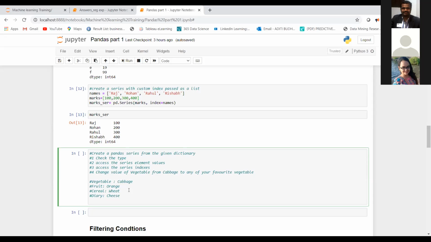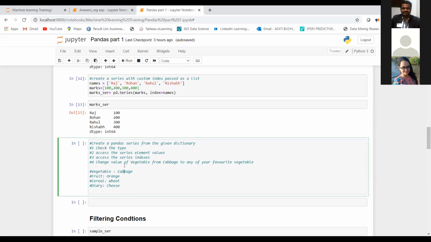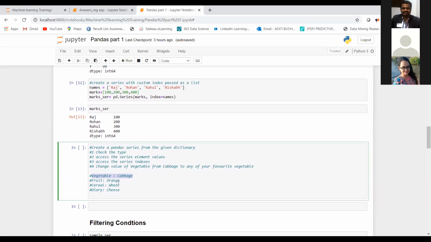Then you have to access the indices. And then you have to change the value of vegetable from cabbage to any of your favorite vegetables. So you have to basically change the value for this one, but in the series. Once you have created the series, you have to do that. Correct? So please try this out and send in